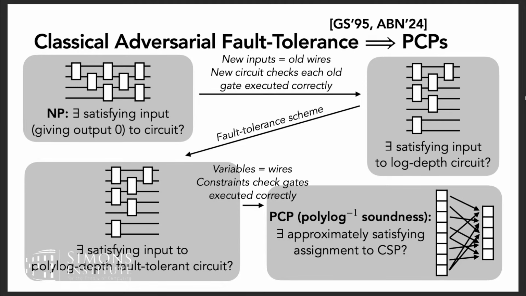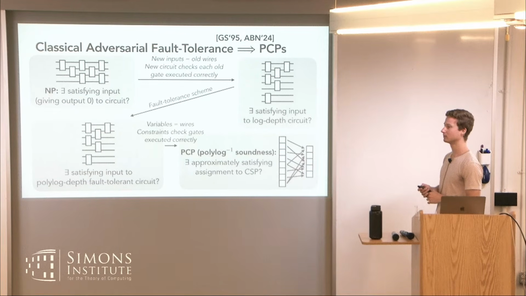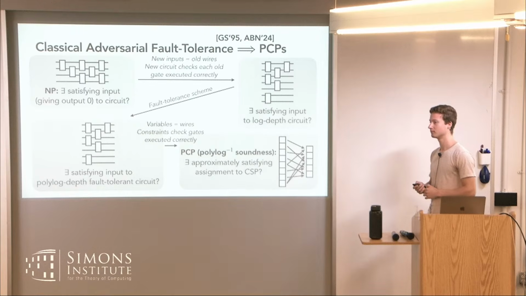You can think of it as we start with an encoding in a high rate code, and our output code is actually different from our input code. Our output code can be just a repetition code. Our input code is very high rate, n bits encoding order n logical bits. Our output code is still n physical bits, but now encoding one logical bit. I see. So on that final layer, there are many bits that tell you whether the circuit was going to output 0 or 1. Yeah, exactly.